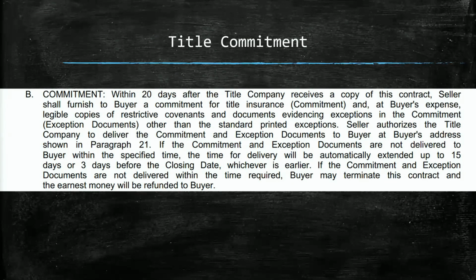Well, let's look at what the contract has to say about the title commitment. And bearing in mind also that the title company is not a party to the 1-to-4 contract. This is the buyer and the seller making agreements among themselves as to what the title company is going to do. So 6B says, within 20 days after the title company receives a copy of the contract, not the effective date, but 20 days after the title company receives a copy of the contract, the seller shall furnish to buyer